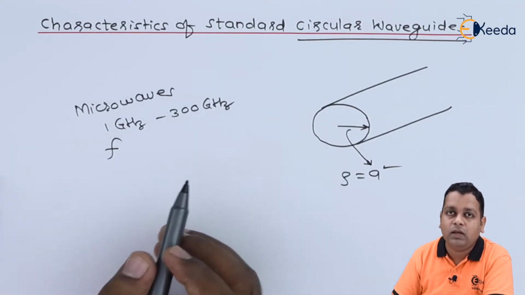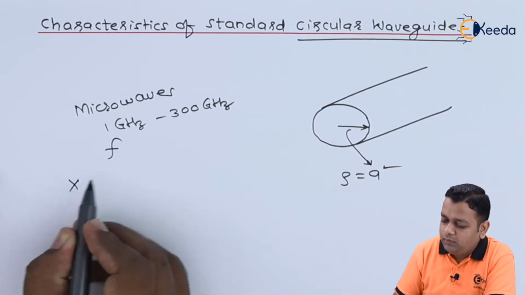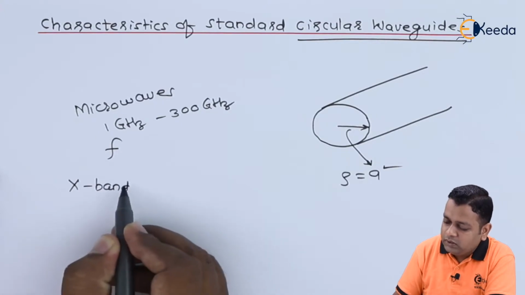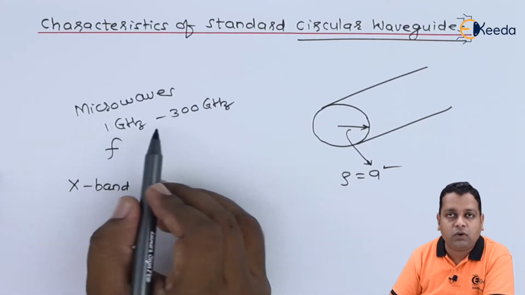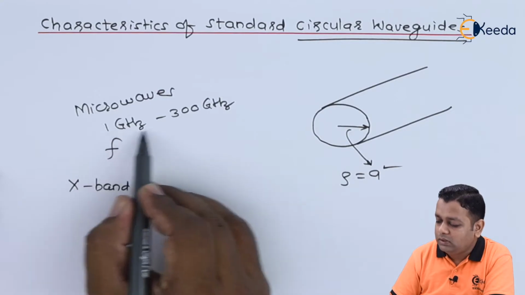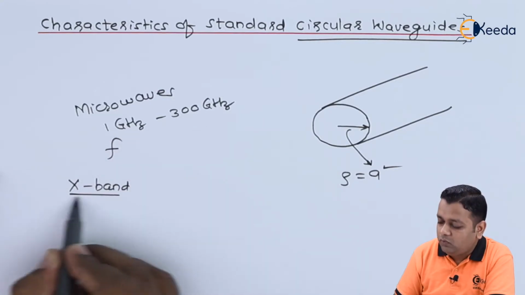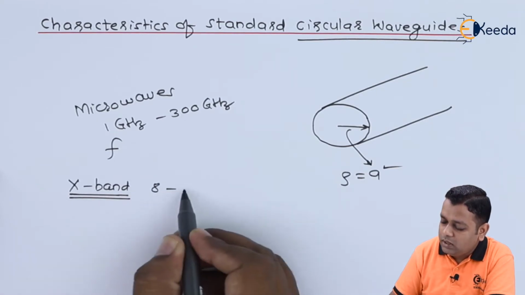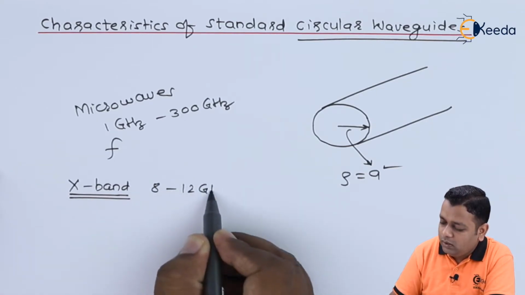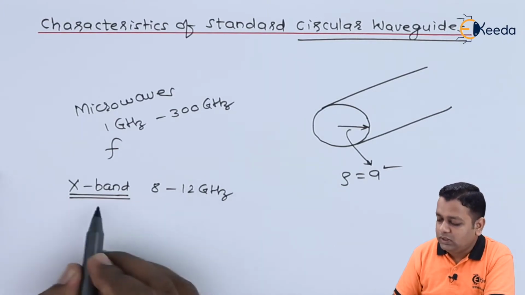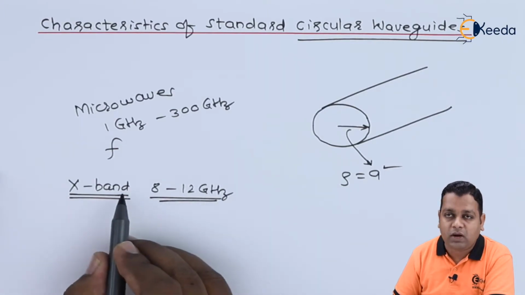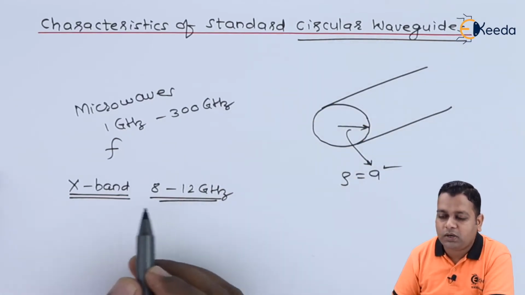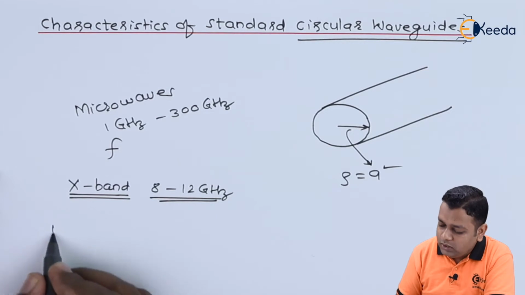For example, if we want the frequency to be in the X band range, as we can designate several bands by dividing this entire frequency range, we go for the specific X band where the frequency range is from 8 gigahertz to 12 gigahertz. So we call this frequency band the X band, and when we want to operate the circular waveguide in the X band frequency range by EIA,